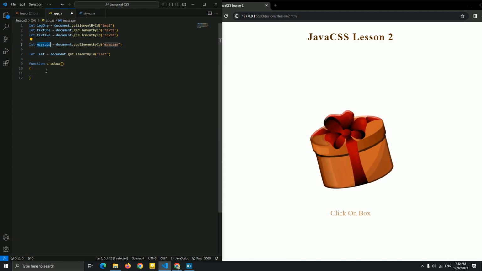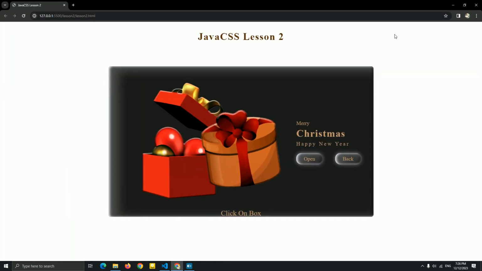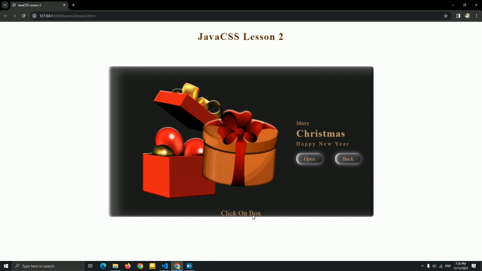So I'm gonna add it here, the message style, and I'm gonna add opacity 1. And we added a transition to get a nice effect. So let's see it. As you can see, we get this nice message, and I want this box gift and this text to hide after clicking on the box.